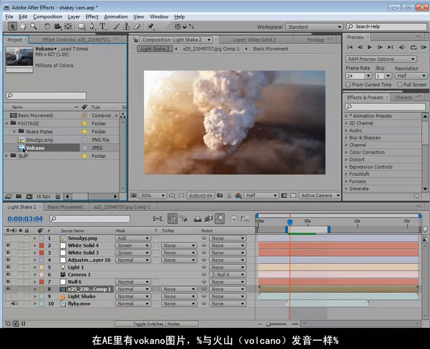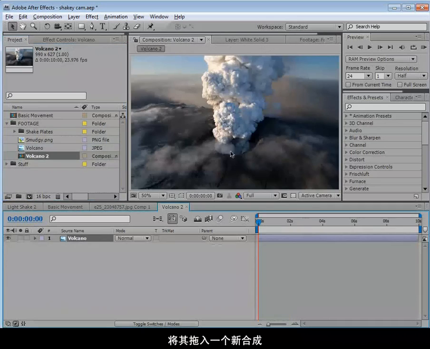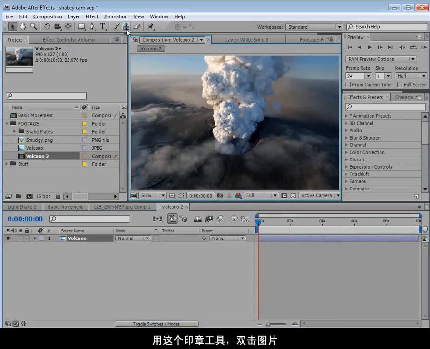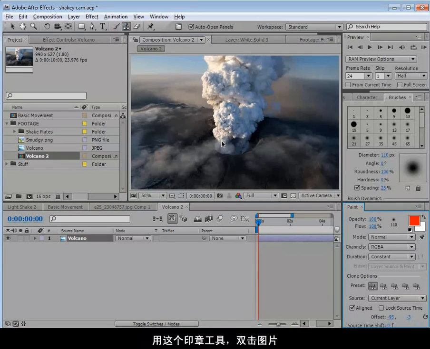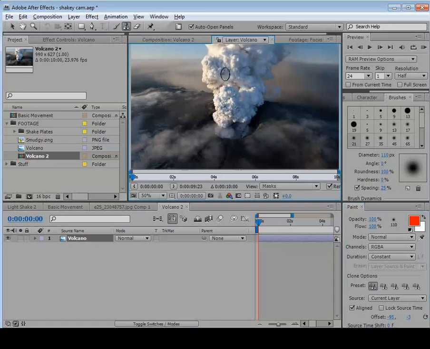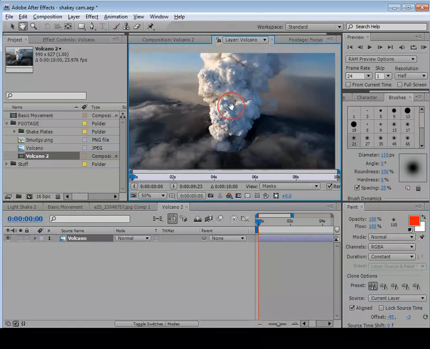All right, so here we are in After Effects, and I have this picture of a volcano that will remain nameless for the sake of not embarrassing myself, and we're going to drop it into the new comp button. So we have our video here, but the first thing we need to do is paint it out so that we can have a clean plate in the background. So what we're going to do is click on this stamp tool. We're going to double click on our image,